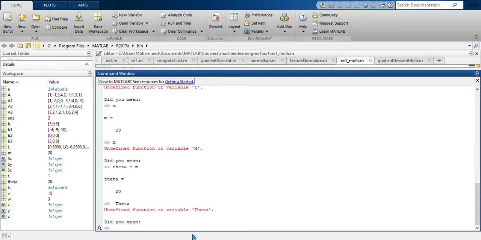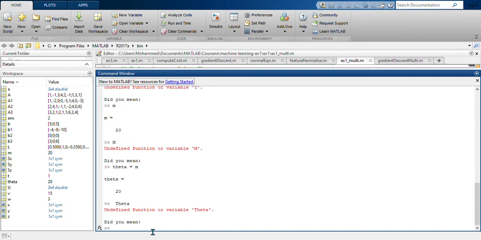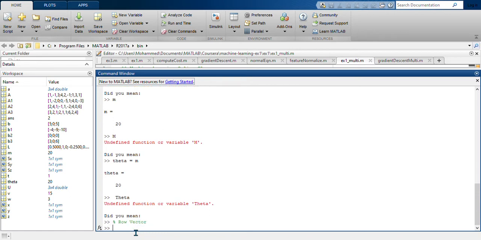Okay, so far you have seen how we can assign numbers to variables. Now we will see how we define vectors. So the first kind of vector that we are going to see is a row vector. How do we assign or enter a row vector in MATLAB? So again, let's give it some name. Okay, I'm going to use, say,